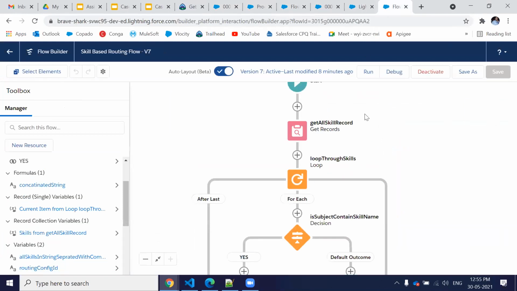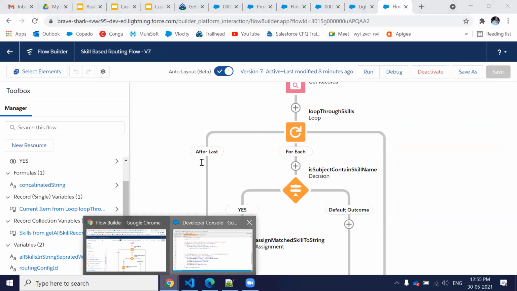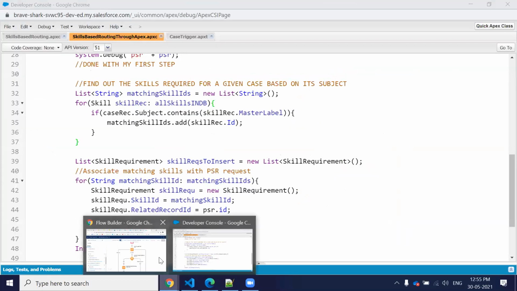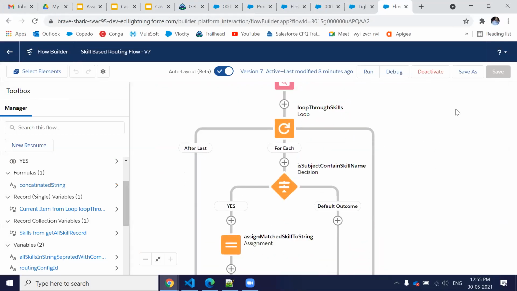But now we have a record trigger flow. So I am assuming that it's not working with the trigger and the process builder. So maybe with the flow, it's not going to work. I will check. If anybody has the same issues, we're going to find the solution together.